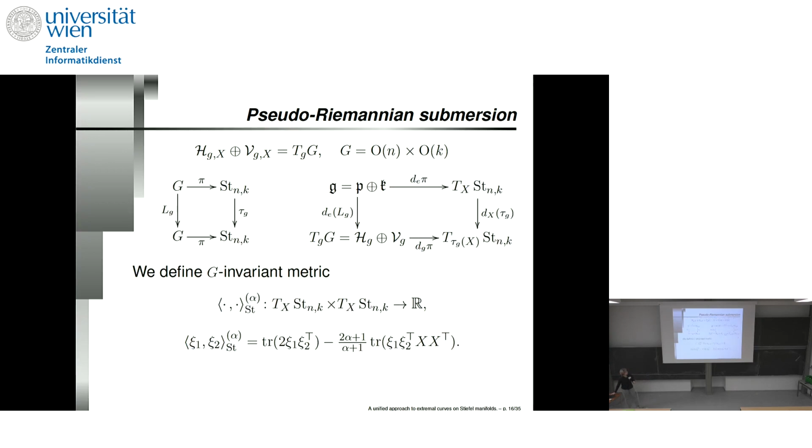Now, what we want is that the metric, so we have the alpha metric that is defined on G, and it can be projected in P, and then under the left translation, it defines a metric on the distribution H, and in this case, it's called a sub-Riemannian metric. Pseudo-Riemannian. Sub, because it is defined on the distribution only, and Riemannian or semi-Riemannian depends on the indices. But since there is an isomorphism at each point G between this vector space and the tangent space to the Stiefel manifold,